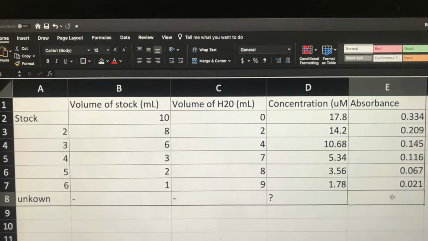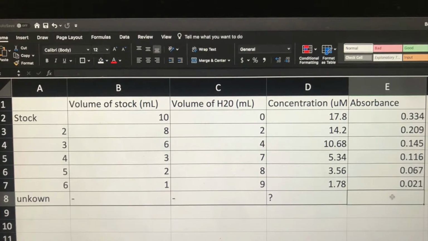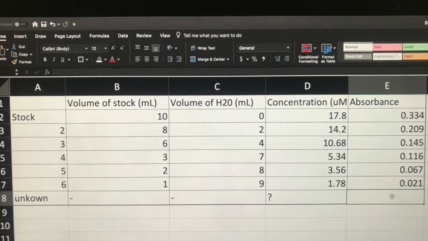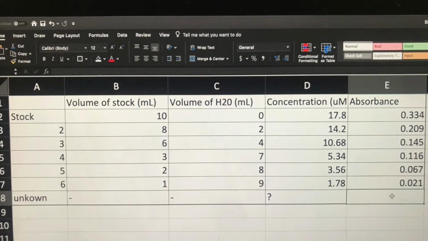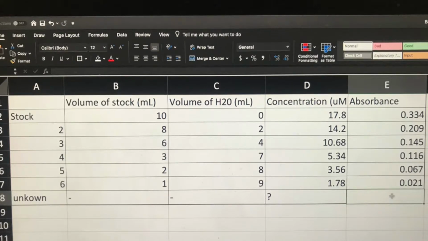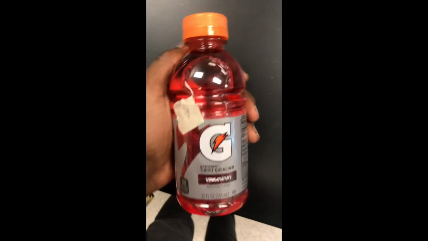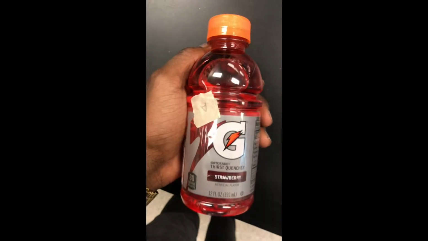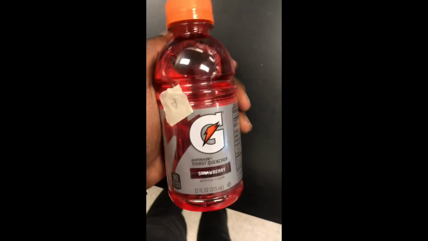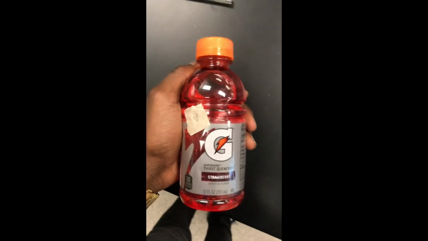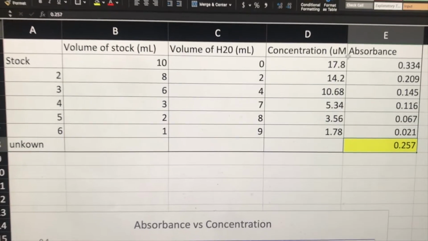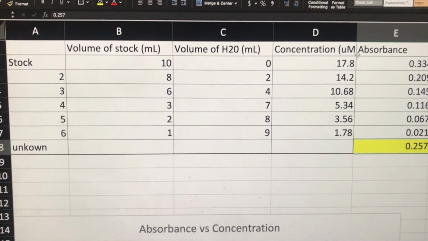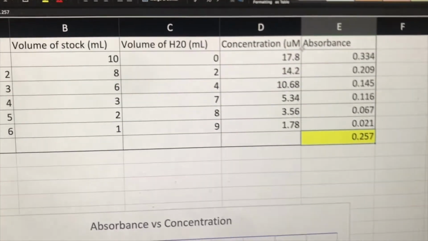Alright, so now that we have finished calculating all our concentrations and recording all our absorbance values, we have the challenge of trying to find out the concentration of our unknown solution. My unknown solution, which I used, is red Gatorade, which you can buy in any convenience store. So what you want to do is fill up a cuvette with this solution and place it in the spectrophotometer. Now that we have calculated the absorbance of our unknown solution using our spectrophotometer, we want to calculate the concentration